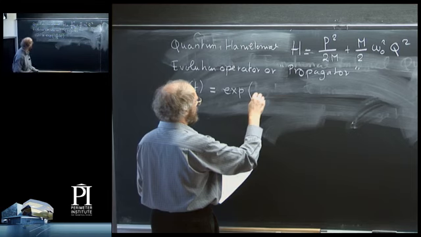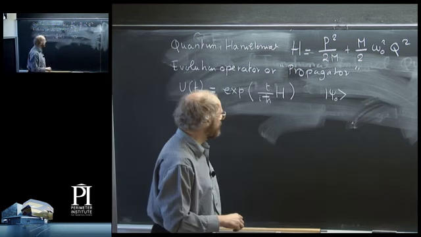And the evolution operator is such that if you start from a state psi naught at time 0, then under time evolution, psi of t is given by U of t applied to the initial state psi naught. So it's just the solution of the Schrödinger equation. And if now you consider matrix elements of this evolution operator,